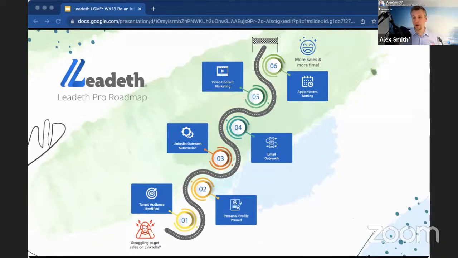The final step in the process is this appointment setting. So it's having a system or a solution where you can make sure all the leads are being tracked onto a database or CRM, because we don't want leads to fall through the cracks. Probably the most responsive you are to those messages, the better, the more chance that the prospect is coming back to you. Certainly if they're red hot and they're interested in your services, we need to get back to them in a timely fashion. So I always encourage clients to go into Leadeth on a daily basis, go into their inbox and respond back to those messages, every day if they can. It takes about 5 minutes just to run through all the replies that you're getting and just make sure they've got a reply.